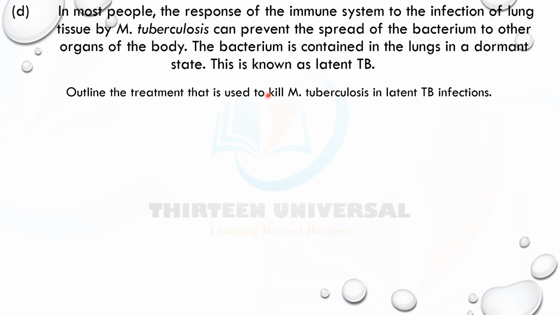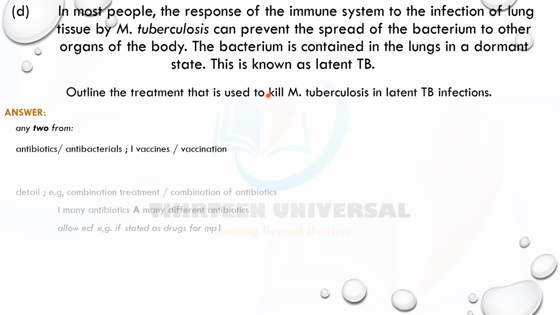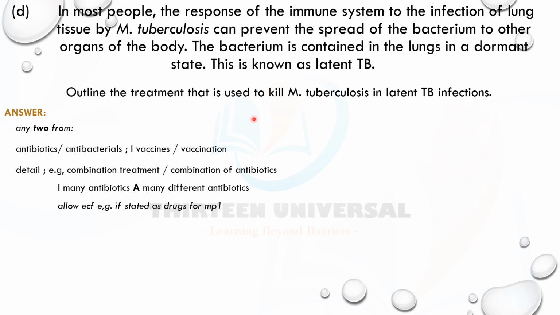So you need combination therapy of antibiotics, because some of them can actually be resistant. You have a lot of multiple drug resistant tuberculosis pathogens. So of course, the longer period of time you use antibiotics, this can help to kill them. Use different antibiotics because they have different targets. Look at it, guys, they're always asking questions on these antibiotics. So don't use vaccine. Vaccine is for prevention. That's why I say ignore it.